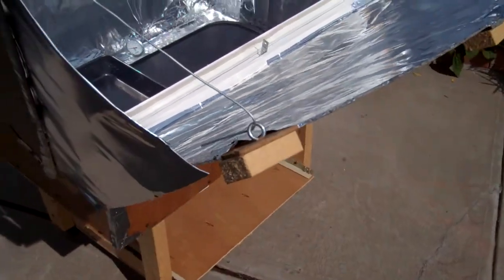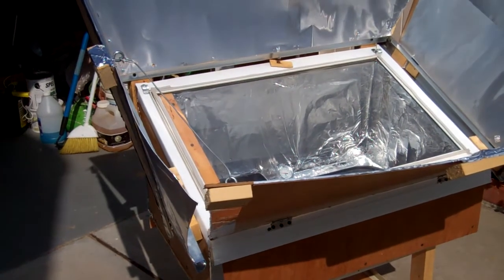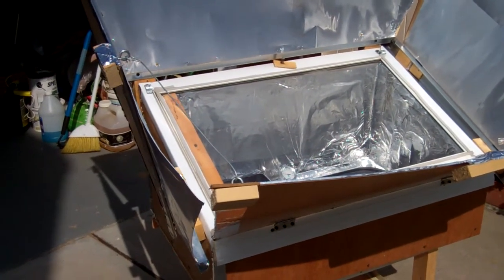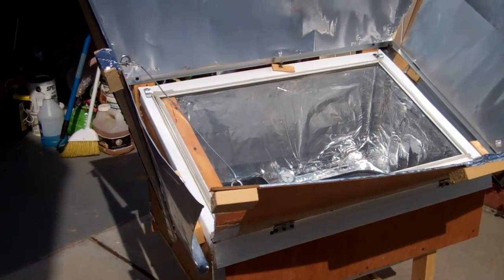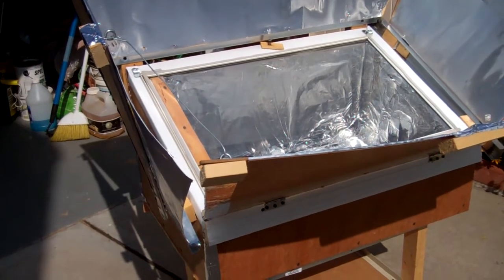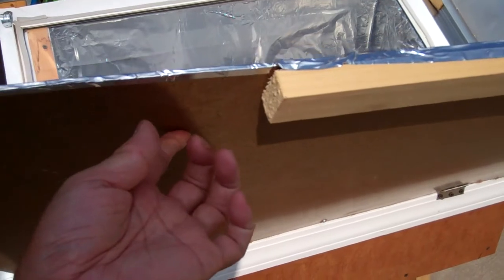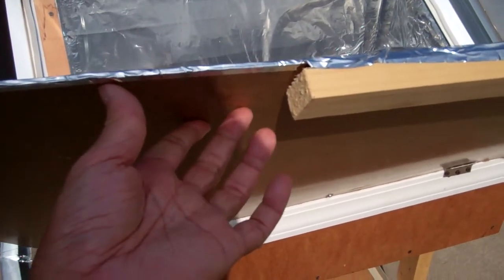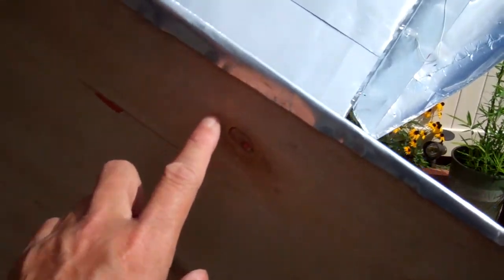Now that I have it up and I have done several segments on this solar sun oven, I'm gonna give you some of my thoughts on this, maybe my final thoughts on how I would have done differently. The front reflector, I was using hardboard. If I were to do it again, I probably would use luan plywood. It's a little lighter. I use luan plywood on the side,